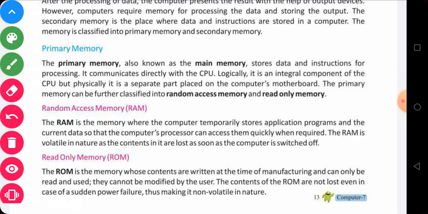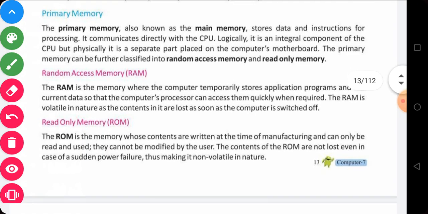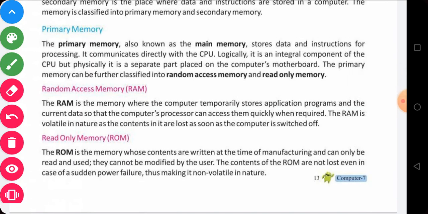First one is called RAM and the other one is called ROM. RAM is called random access memory. It is temporary memory. Generally, some sets of application programs and computer processes are accessed by it. It is volatile in nature. That means it does not retain any memory after we switch off the computer. It does not hold any data after turning off the computer. That's why it is called volatile memory.